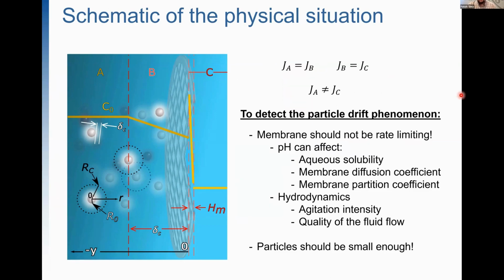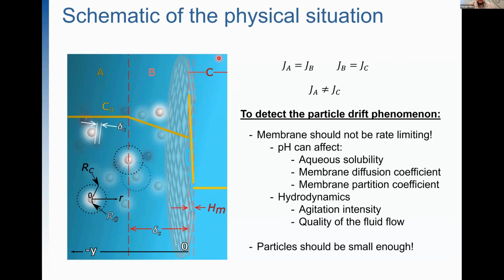So the actual particle drift effect can be described like this, schematically at least, where we have some sort of solid membrane, semi-permeable membrane, biological membrane, and we have a fluid containing particles. We divide this scenario into three regions, region A, B, and C, where region A is our bulk region, that region of fluid that's very far away in terms of the velocity as well as the concentration at the surface of the membrane. Then B would be representing our concentration boundary layer, and we lump the membrane and the receiver compartment into region C.